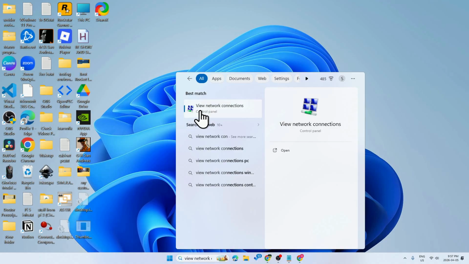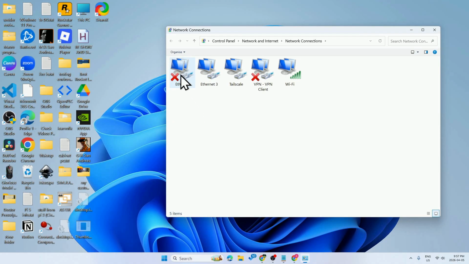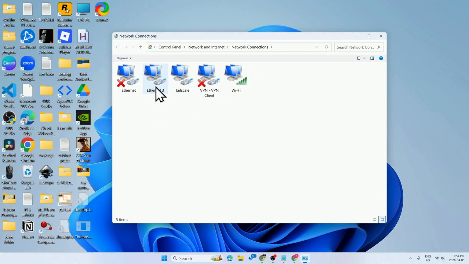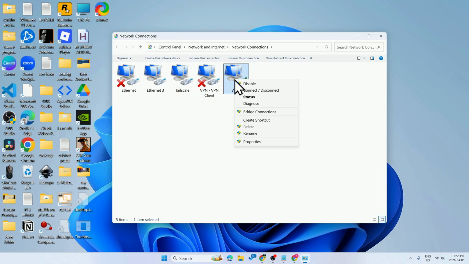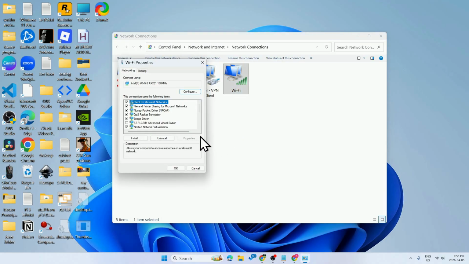So you're gonna see it here, click on it. And then here you have to select your internet. So if you're connected to Ethernet, you have to select the Ethernet. If you're connected to wireless Wi-Fi, you have to select Wi-Fi. So for me, I'm connected to Wi-Fi, so I'm going to select this and then right click and then click properties and then select here Internet Protocol version 4